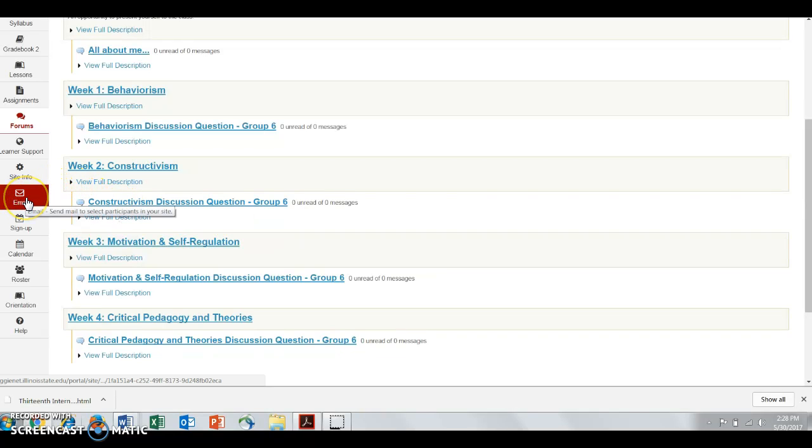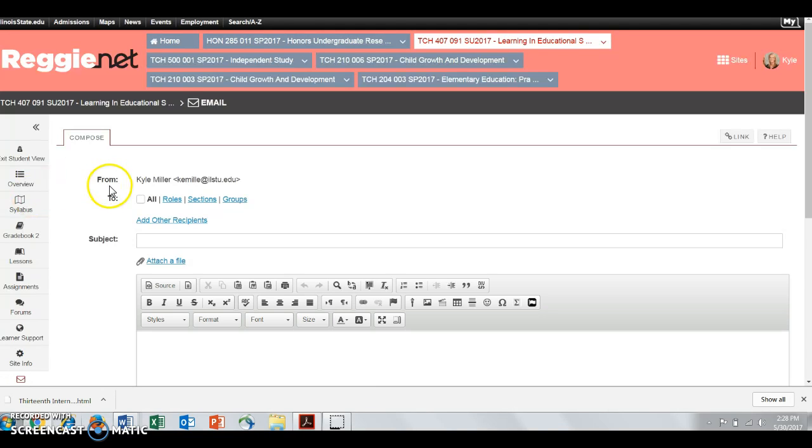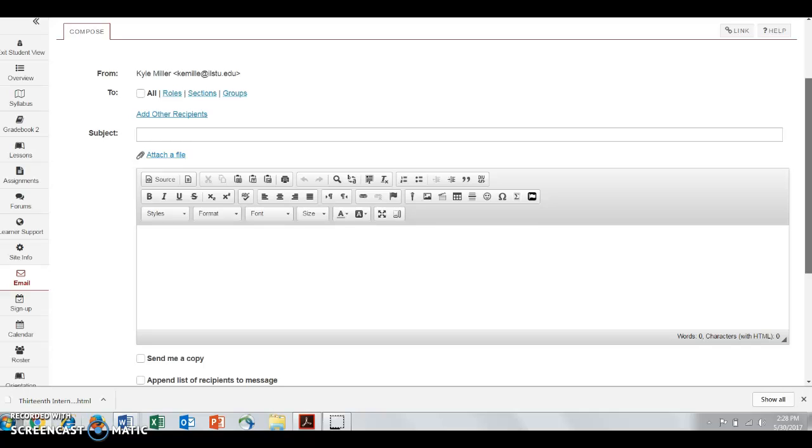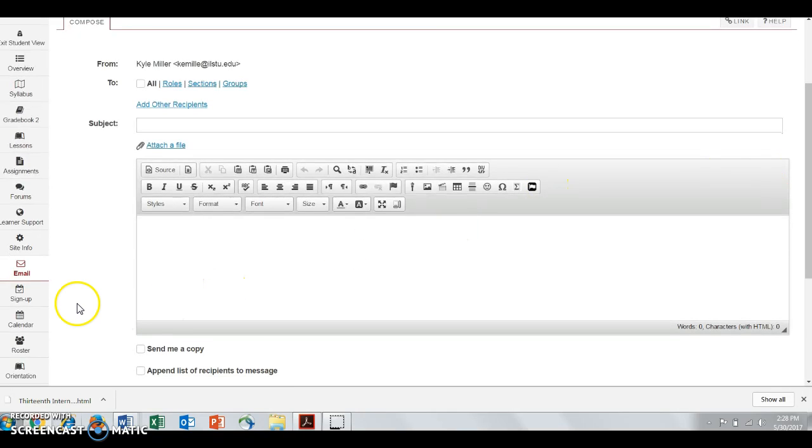Below that, you can come down to email. Here you can send me an email directly from the site, but you can also send it externally from your Redbird account or whatever it is that you use. Okay. We then have the sign up tab, and this will allow you to sign up for our 5 to